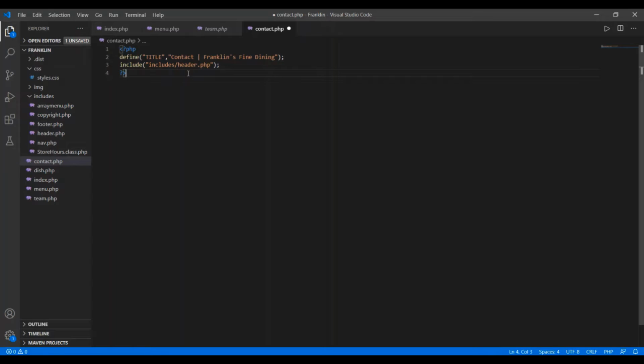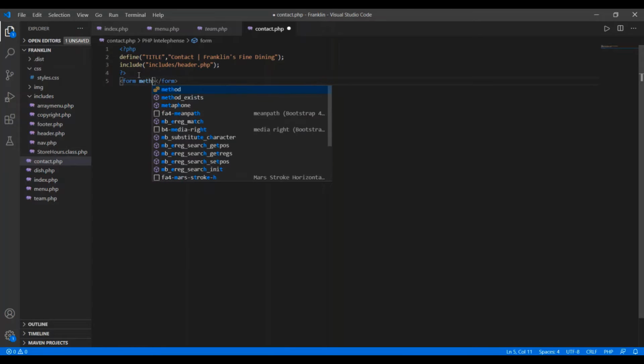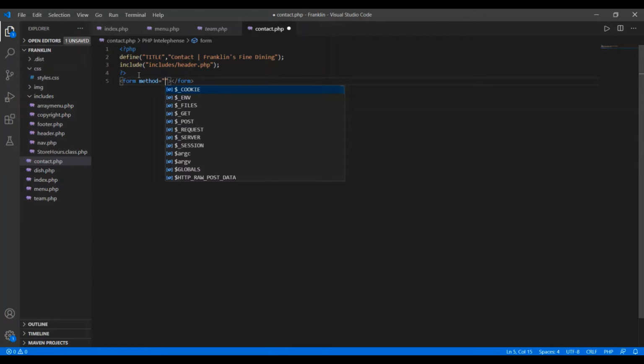Now I have to design the form in this video. I simply want to design the form. For this I'm using the form element, and to this form I'm using the method property with the value post.